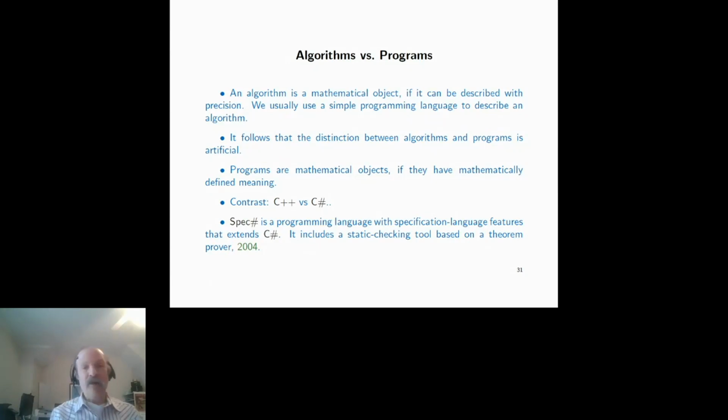Not all programming languages have mathematically defined meaning. C++, I think Fetzer is right. A program in C++ is going to be very, very difficult to verify formally because of the complexity of the language and the lack of formal semantics. C# was, on the other hand, a variation with formal semantics, and Microsoft Research built a tool called Spec# that extends C# with a specification language feature and a theorem prover, so you can do some formal verification relative to the language. Because the language has precise, mathematically defined meaning, it makes sense.